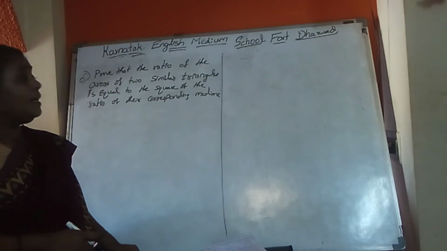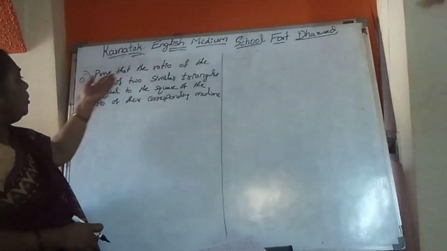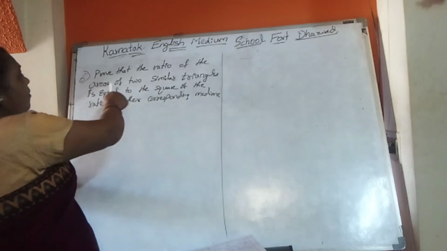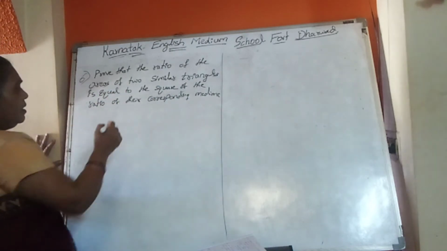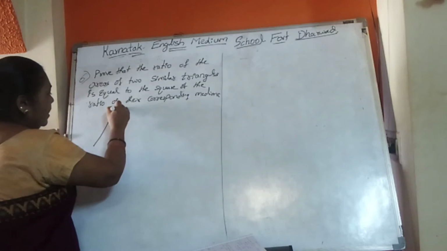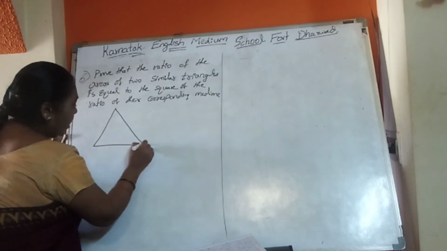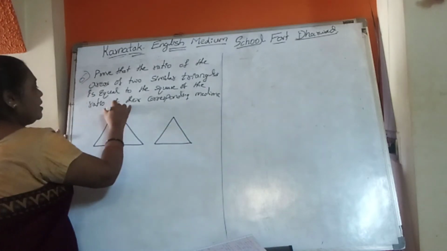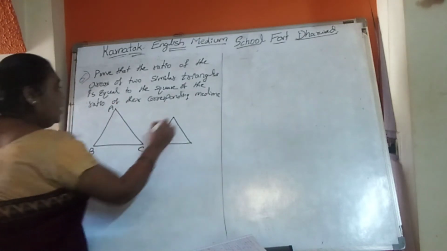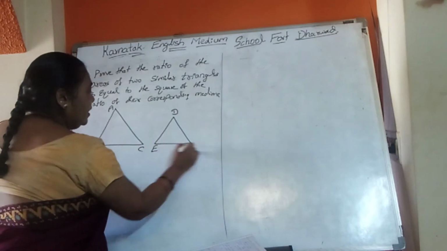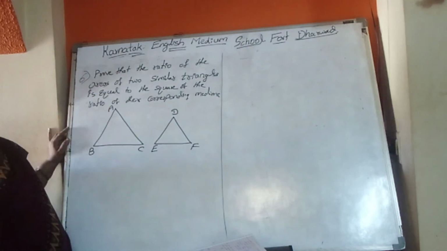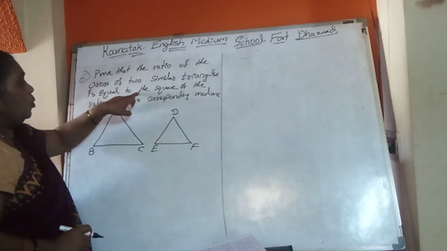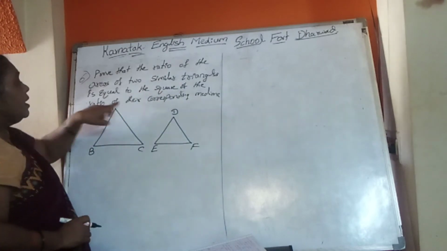So, students, next problem. Prove that the ratio of the areas of two similar triangles, any two similar triangles, they are given. These two triangles, ABC and DEF, are similar. The ratio of the areas is equal to the square of the ratio of the